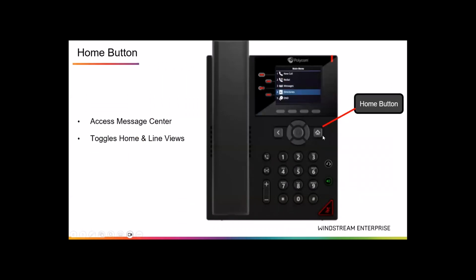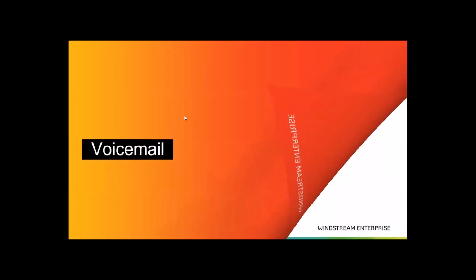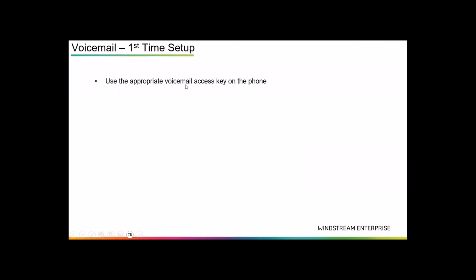All right, so your home button toggles through your home and line view. So this is your home view. As you can see, it shows the main menu right there up top. And then to access your voicemail, of course, you just have to select through the list. All right, so to access your voicemail, all you have to do is press the voicemail button, or however you access your voicemail,